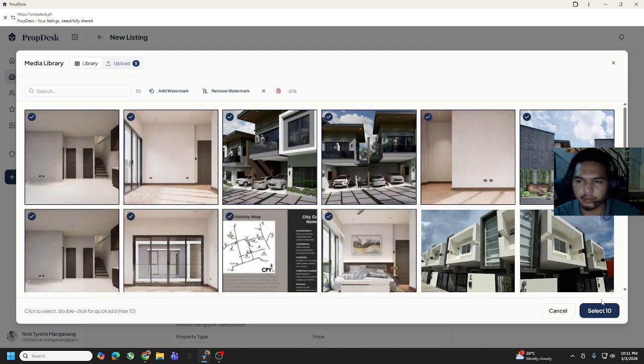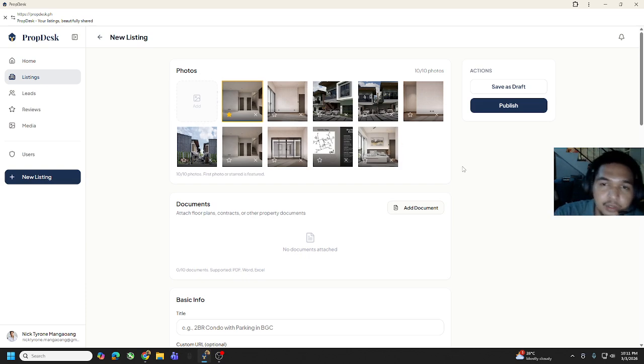Okay, so these are our uploaded photos. If you see this star logo, you can select whatever you want to show first. For example, I want to show this one, so I'll just tap the star logo there.